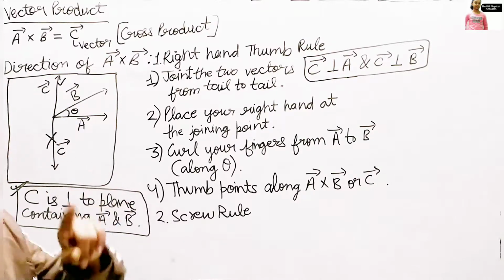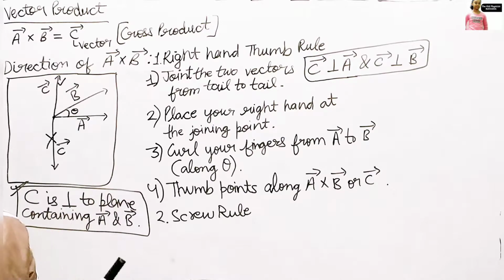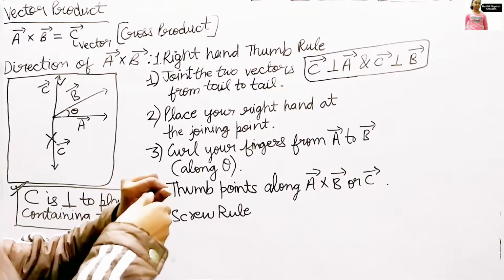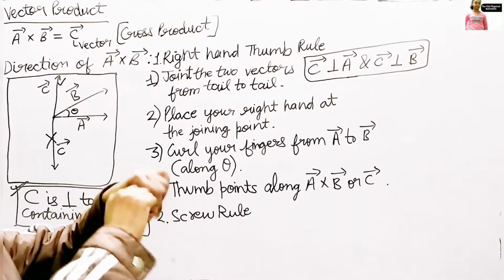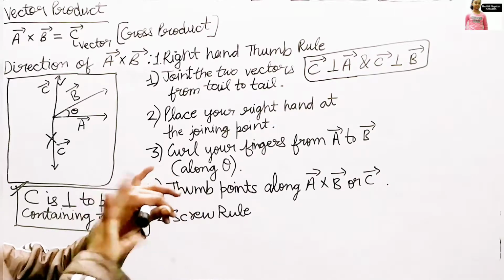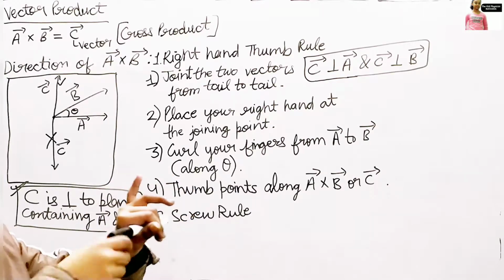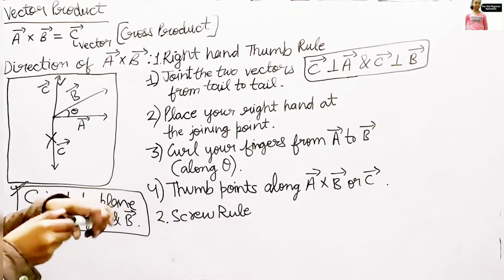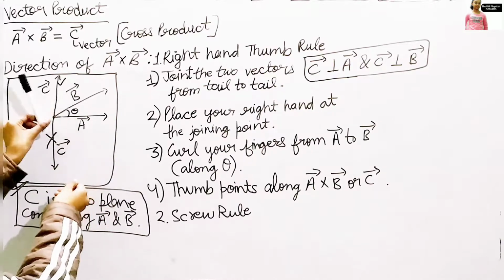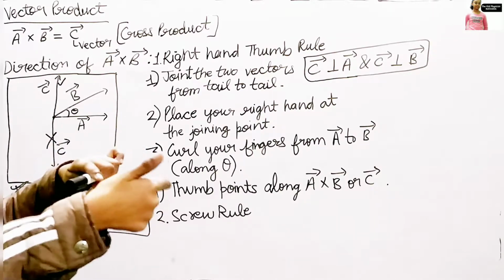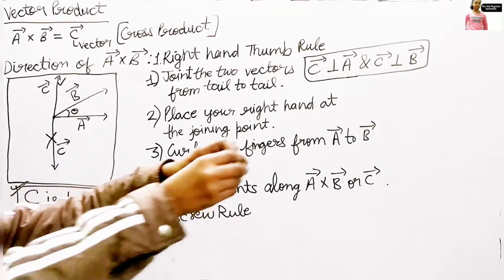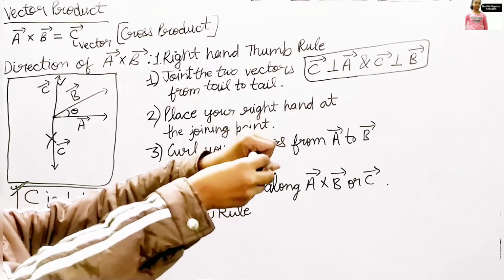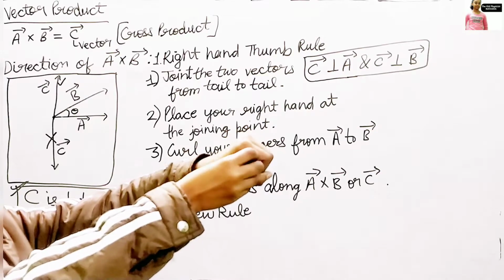Now let me tell you through the screw rule. Yeah, so I will explain what we have to do. It is saying A to B, so we will rotate the screw in anti-clockwise direction, and I have told you that when we rotate the screw in anti-clockwise direction, the screw starts coming out from the wall. This means that like this, it is A to B. Okay, so anti-clockwise direction, see, it starts coming out from the wall.